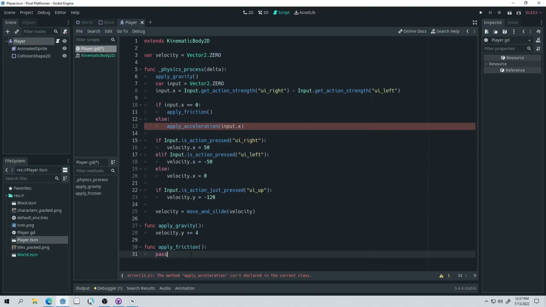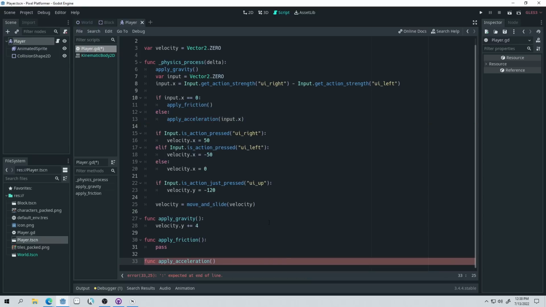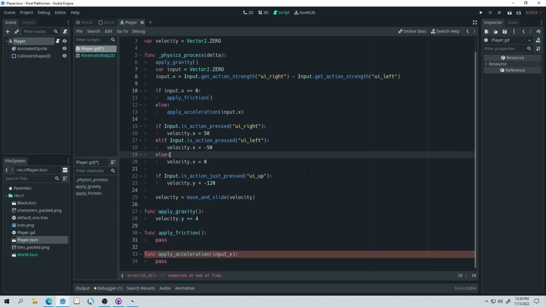Okay, so let's make another function down here. Function apply acceleration. And then we'll pass in an amount or an input x, I guess. And we'll just do pass for now. Okay, so acceleration,